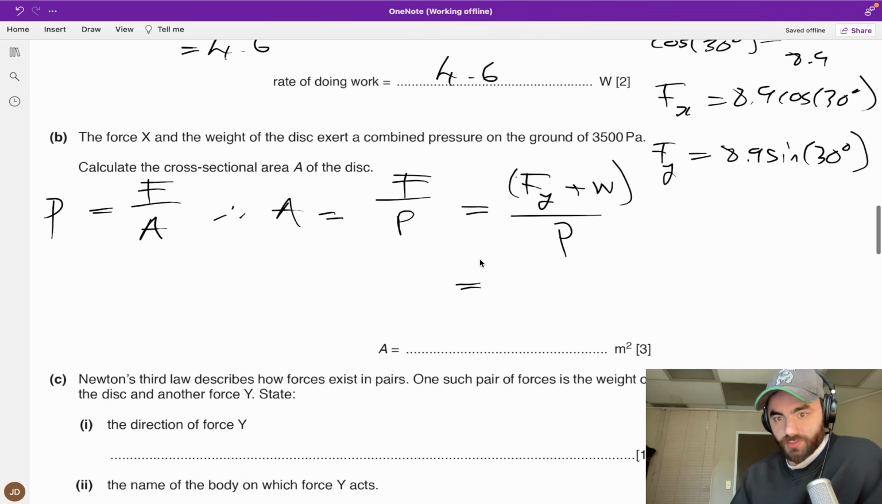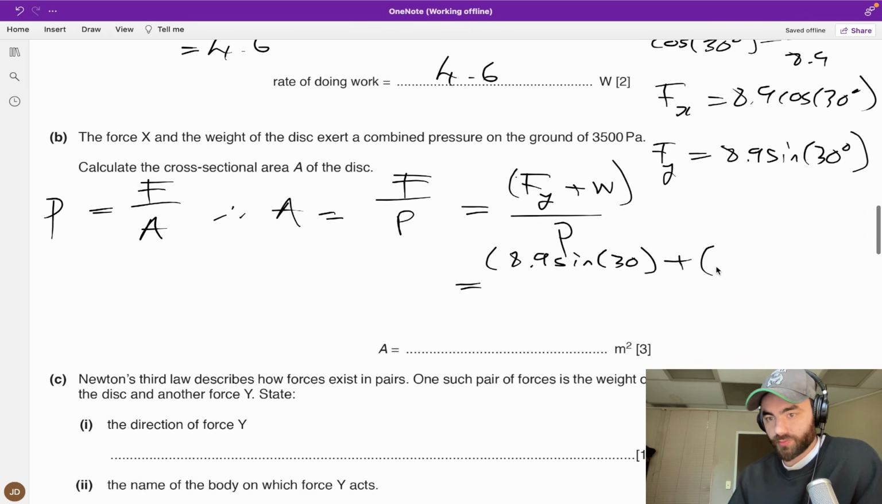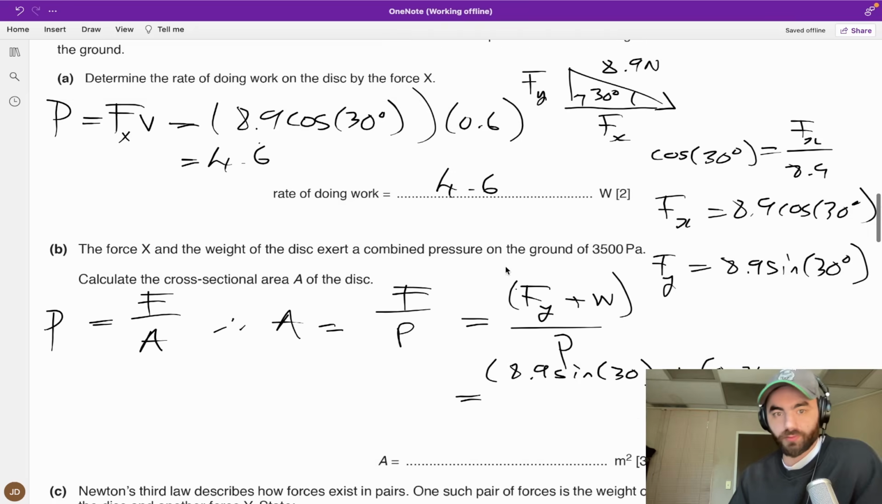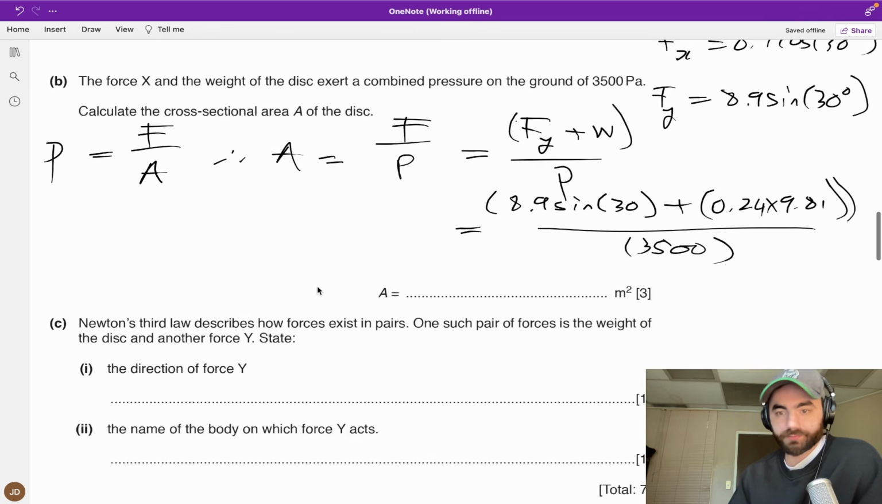Okay, so this is going to equal 8.9 sine 30 plus the weight, which is mg, mass 0.24 times gravity, 9.81. So this thing divided by 3,500. So therefore, and again, they don't give me enough space. I'm about to go beat up the entire room full of exam writers. So you put all this into your calculator and you will get